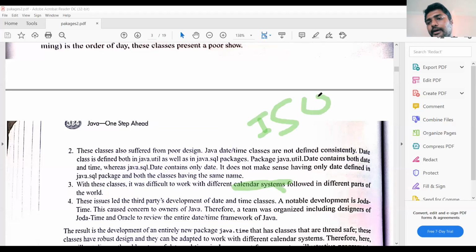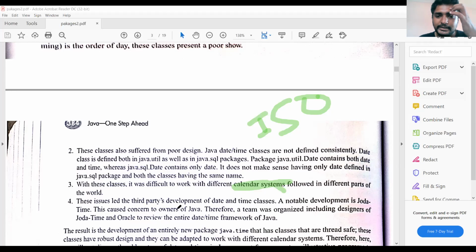Different types of calendar systems are there, but the classes available in the util package or SQL package are meant for only a single type of calendar system. So it has so many disadvantages while using these date and time classes.